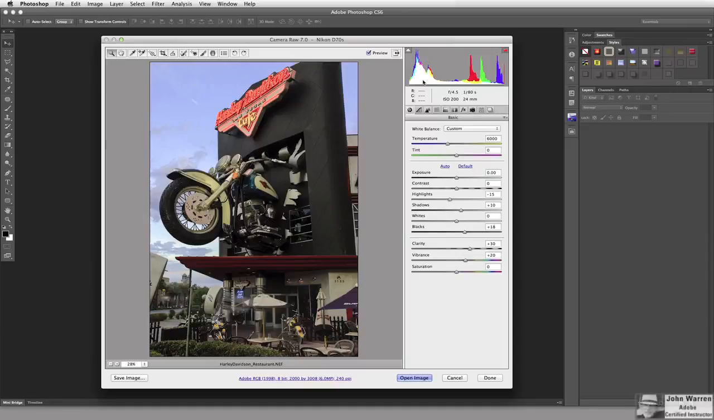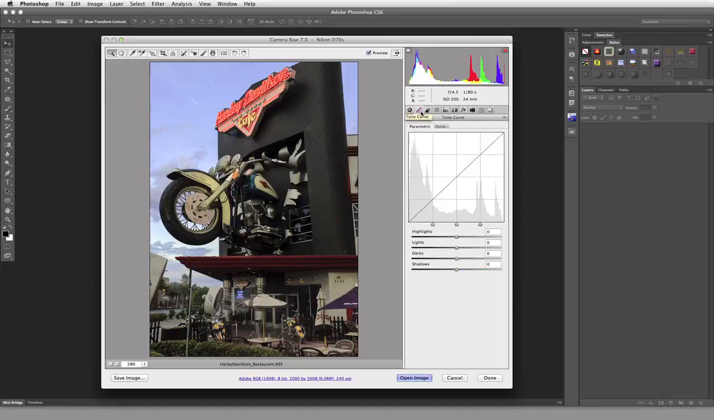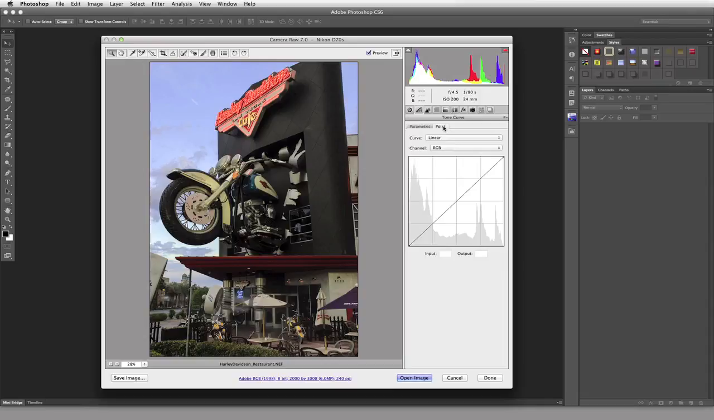Now that we've discussed the Basics tab, I want to move on to the Tone Curve tab. Clicking on the Tone Curve tab here will take us into, obviously, the Tone Curve dialog. There are two types of curves in here. One is a parametric curve, and we work within parameters: highlights, lights, darks, and shadows. The other is the point curve, and the point curve is very similar, actually identical, to the curves feature in